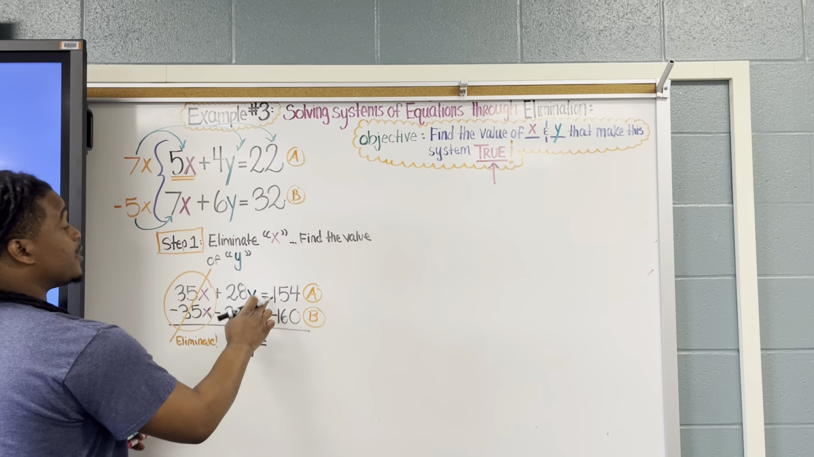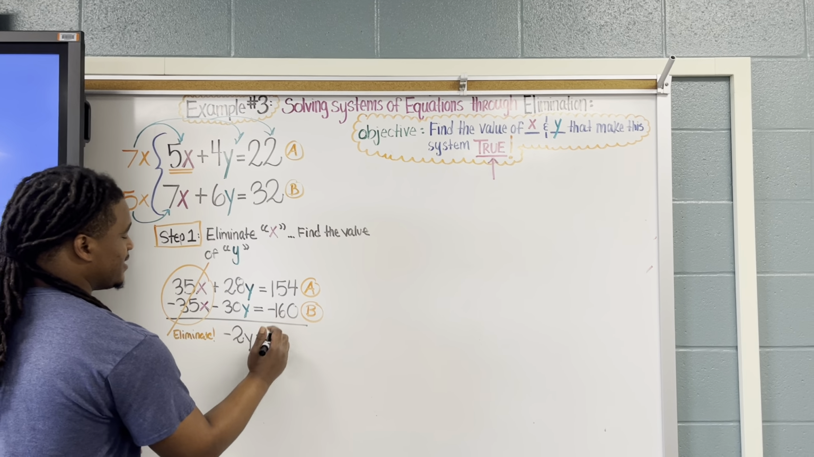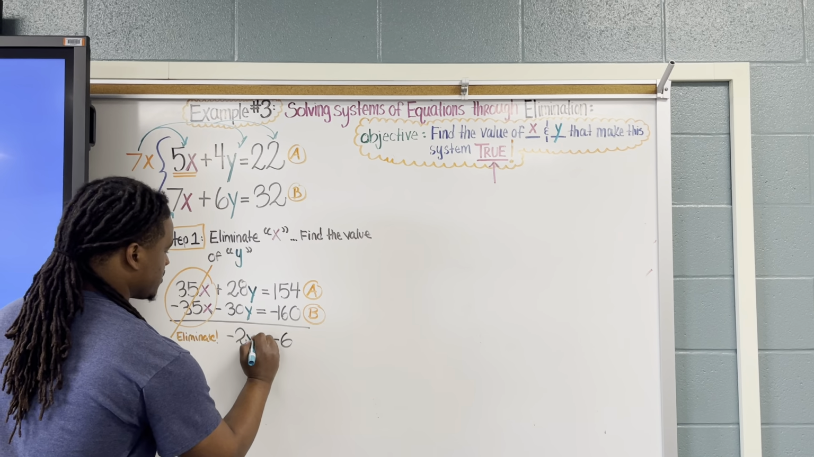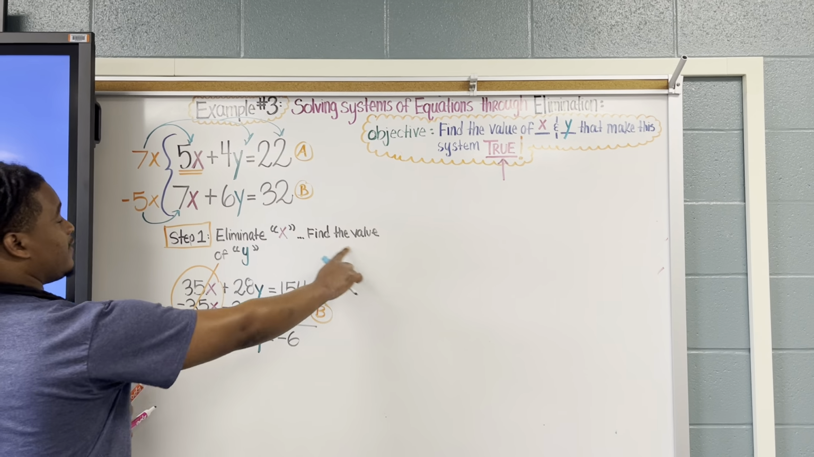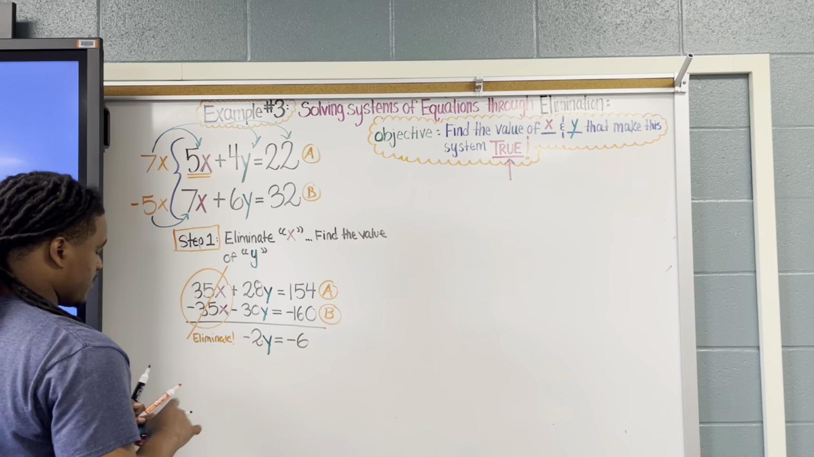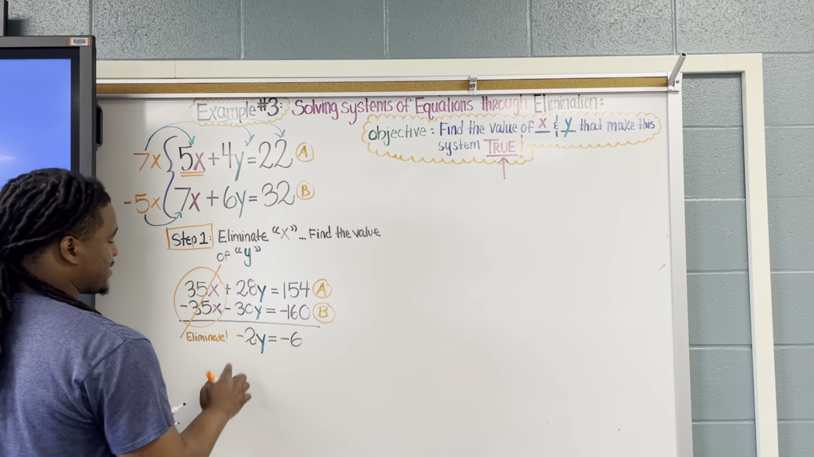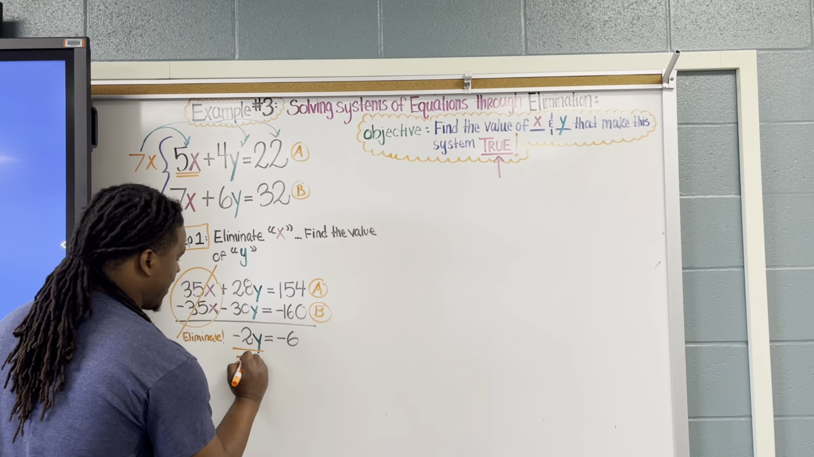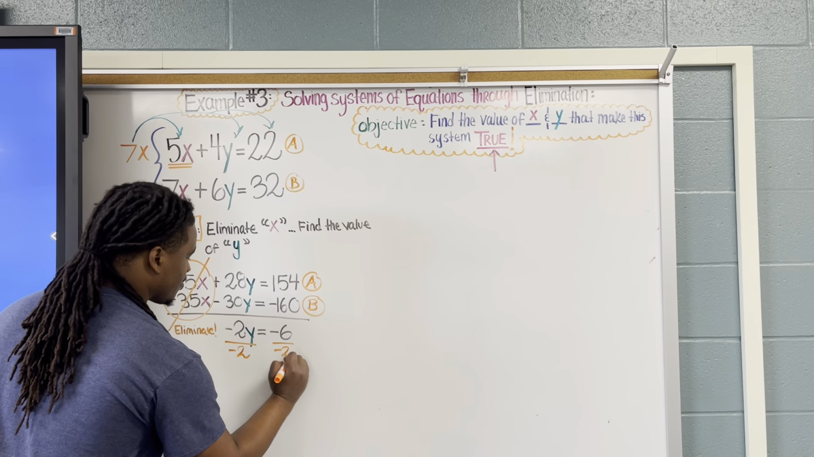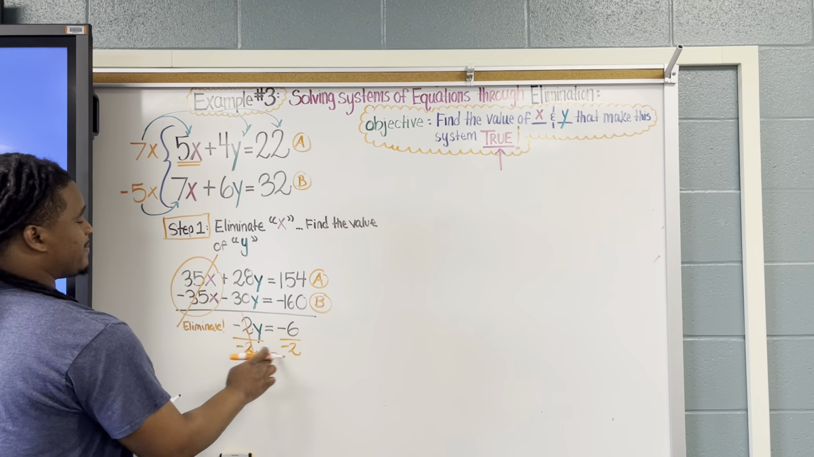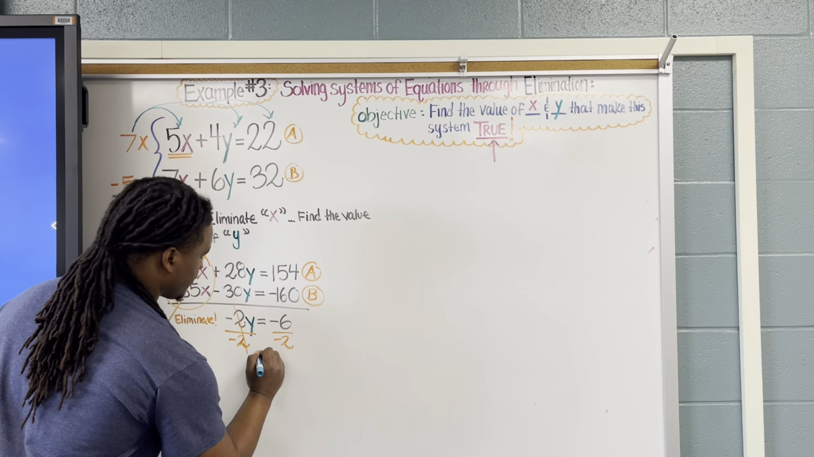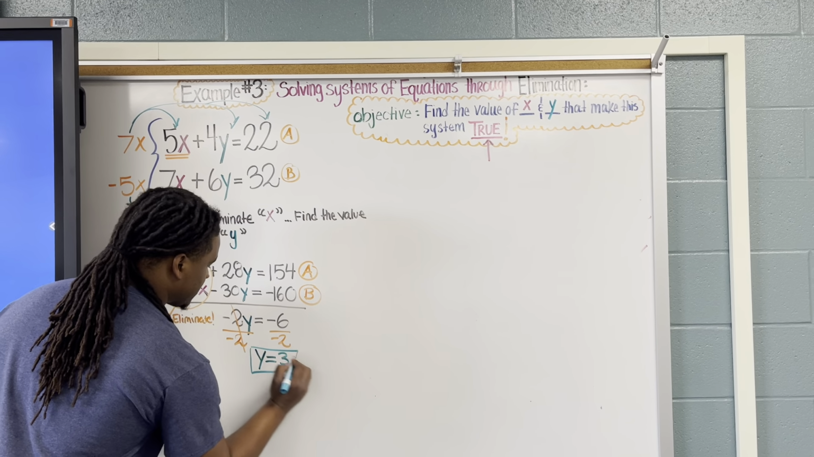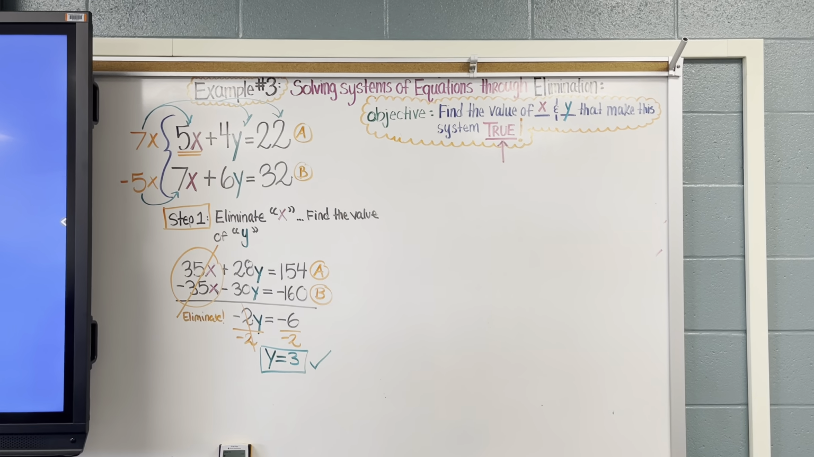And 154 minus 160 is negative 6. Of course, now we can actually find the value of y, okay? So what we're gonna do is divide both sides by the coefficient that's connected to y, which is negative 2. So I'm gonna divide both sides by negative 2. Negative 6 divided by negative 2 is a positive 3. So we know for a fact, or at least for now, that the value of y is a positive 3,